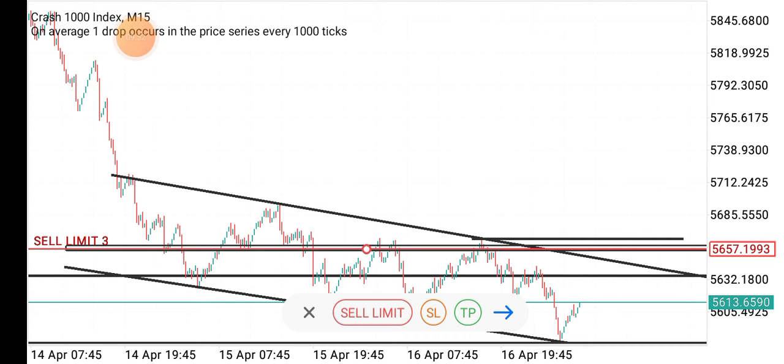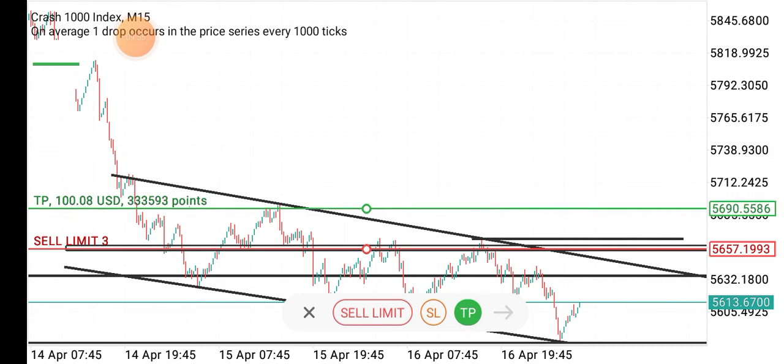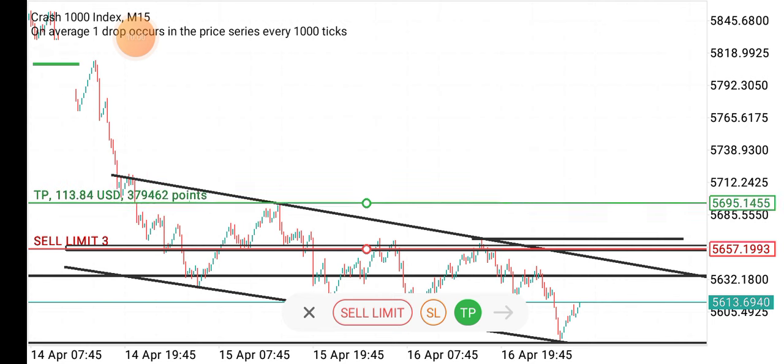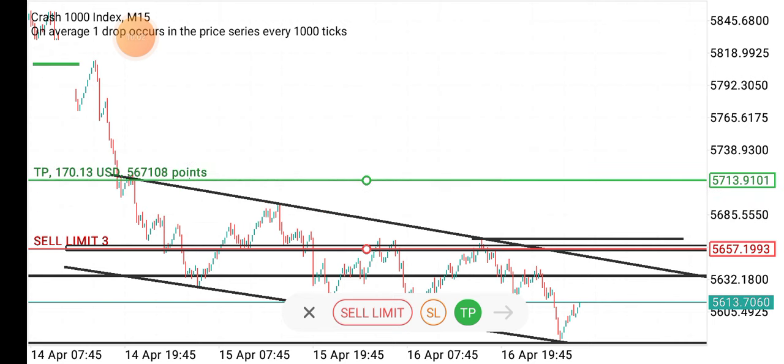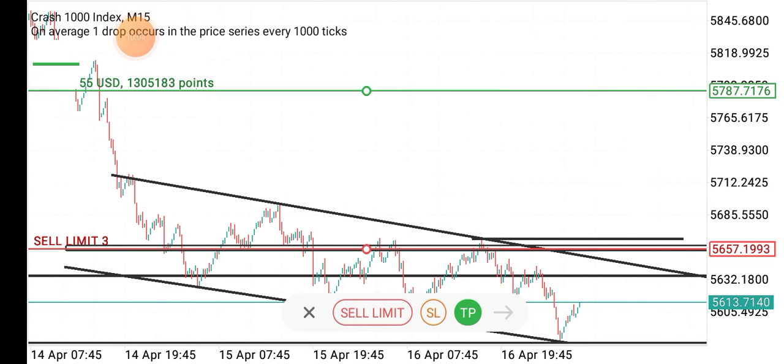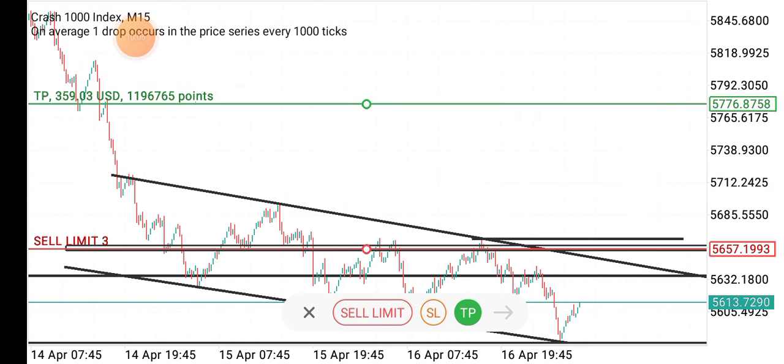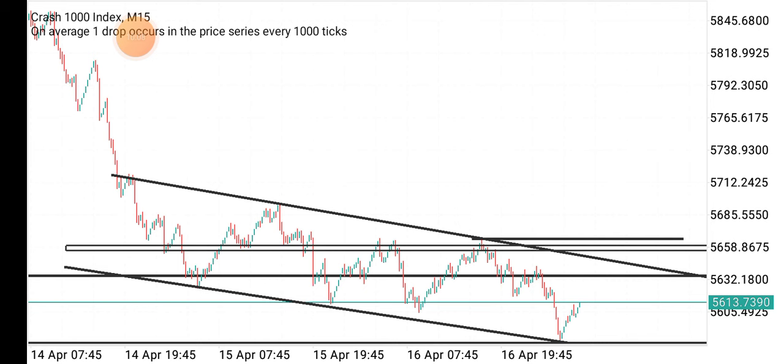Then if I can enter the trade, this is my first TP, almost $100, guys. About $100 first TP. Then the second TP is about 170. Then the third TP is over $359. But when I say the market is going to buy, I do not say it will just keep buying. The only thing is that you have more green candlesticks, and the market will keep on buying, even if